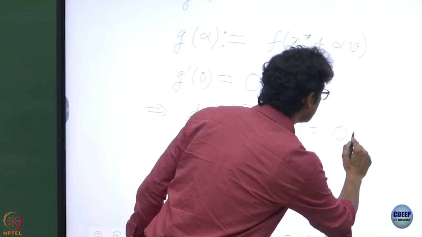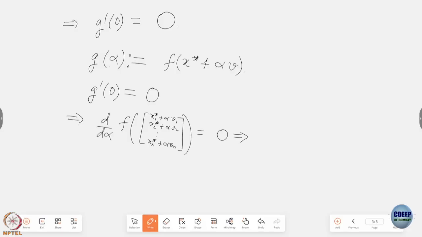Right? So what does this tell us? When I take the derivative with respect to the first variable, what is it? I have to take it with respect to the first argument here. Yes? But then I have to take the derivative of the first argument with respect to alpha. What does that give me? Yeah? This is evaluated at x star plus, now I'm going back to the shorthand notation, alpha v.